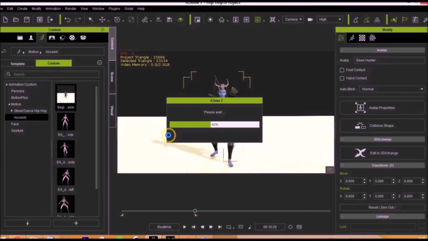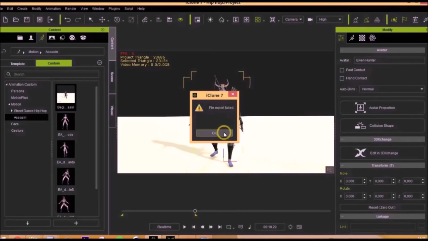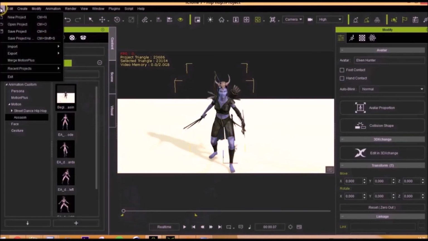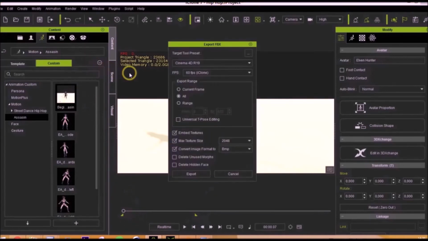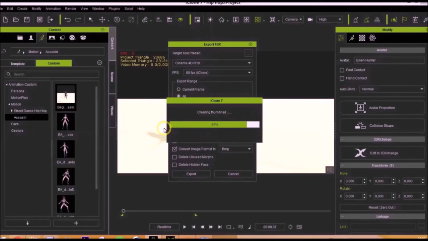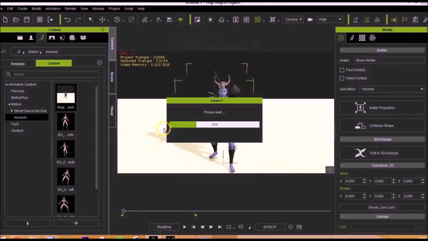Check the export settings and export it again. Perhaps this is a program glitch. Export the file and save it in a folder. After some waiting, the FBX file for Cinema 4D is ready.